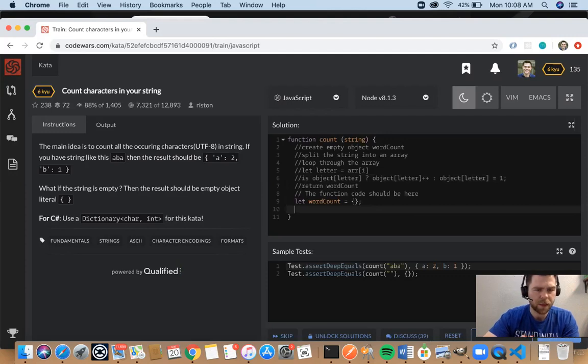Judging from that, I think you don't want it to be case sensitive. So after we split the array, we're going to convert them to lowercase. Or actually, I guess we'll start out by let string equal string dot to lowercase. I think that syntax is correct. I sure hope so. Actually, this is going to cause an error.